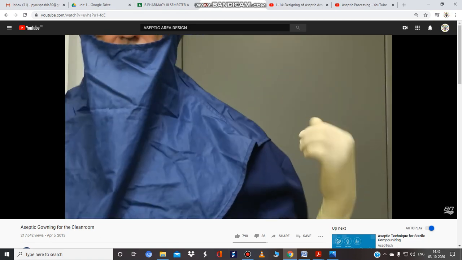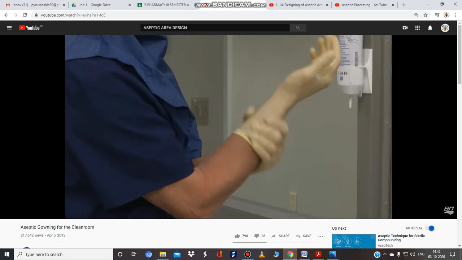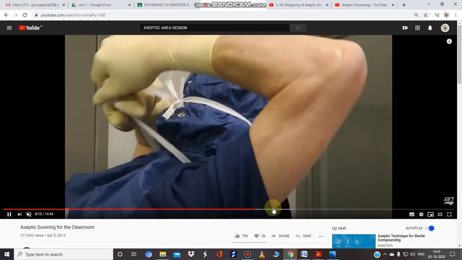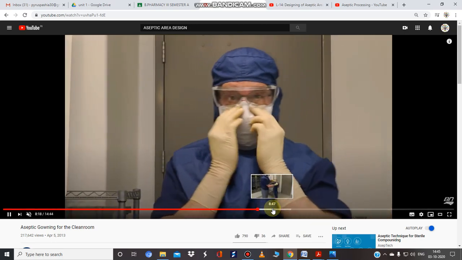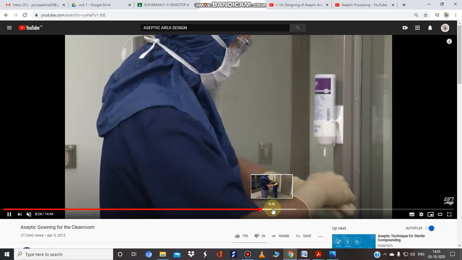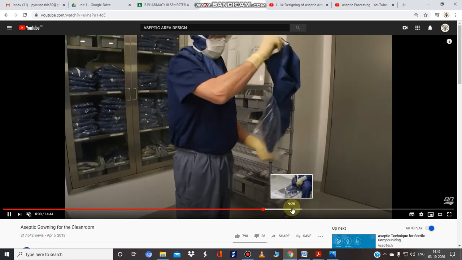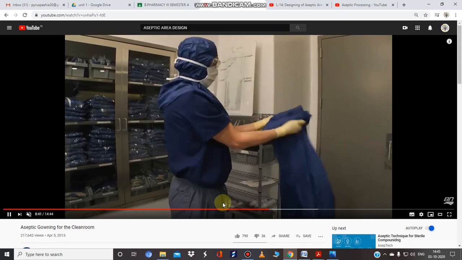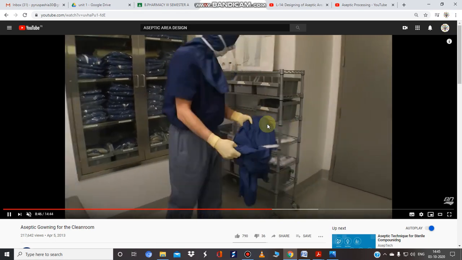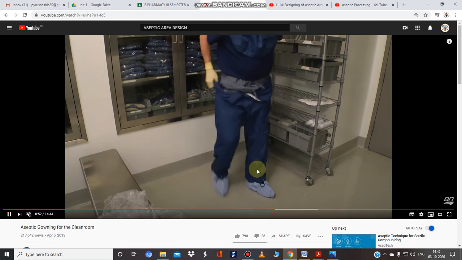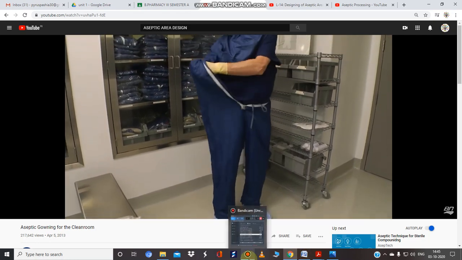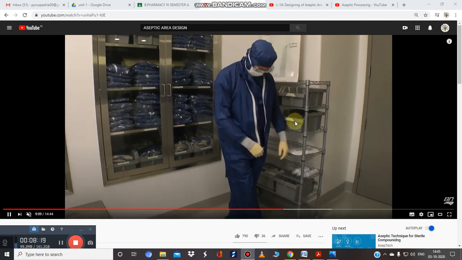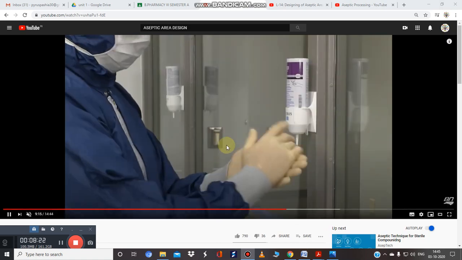We cannot escape them, but we can limit them, we can restrict them. So that's why we have to adopt these types of techniques while working in any pharmaceutical plant, while generally dealing with aseptic techniques. In the video we can see that different types of clothing should be preferred. A top-to-bottom approach is generally used, and covering with different types of clothing is used in this case also. This is a very tedious task, not a simple one. So one must follow all the procedures, all the SOPs that are required for the purpose of cleaning.